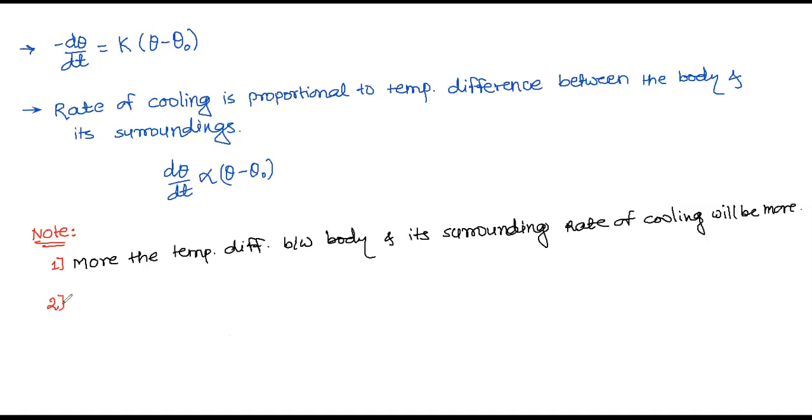Note point number 2. If theta is equal to theta naught, then what happens here? If theta is equal to theta naught, that is, body temperature is equal to surrounding temperature, then d theta by dt will become equal to 0. What does it mean? That is, a body can never be cooled